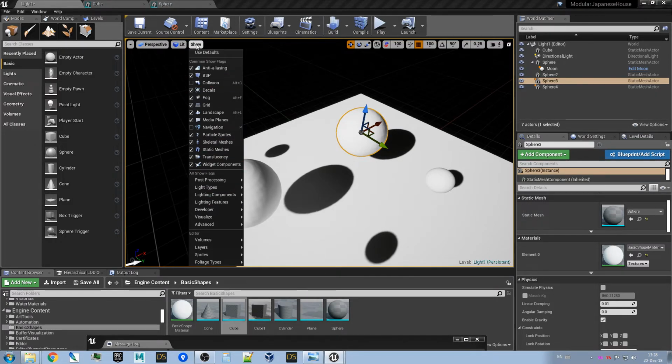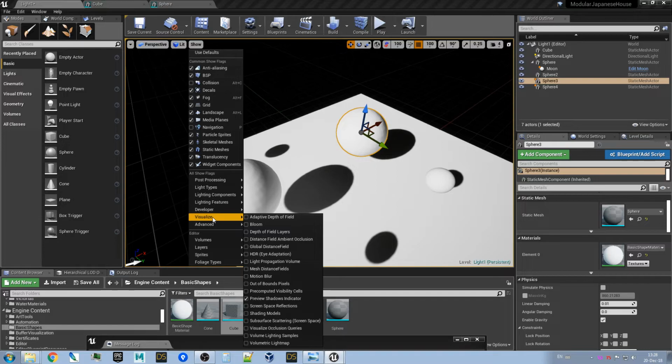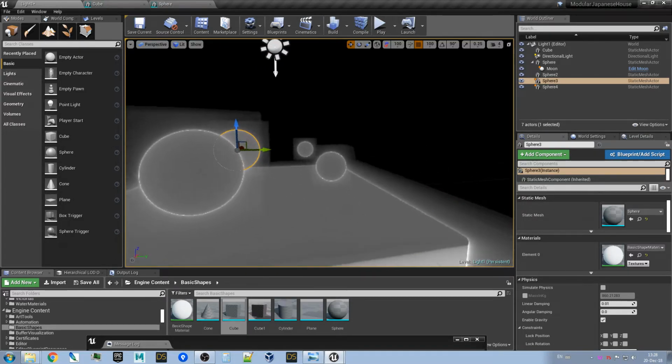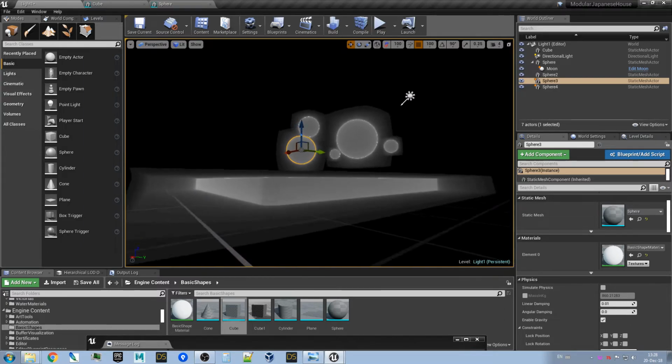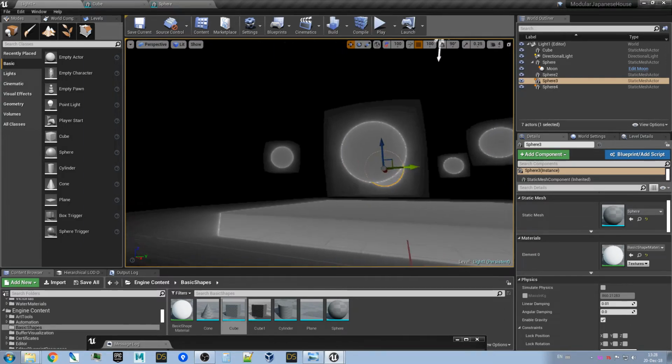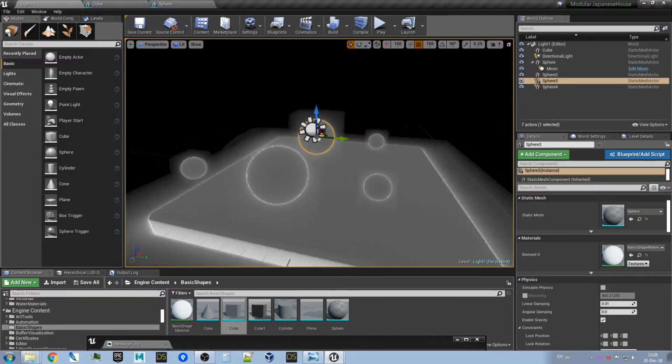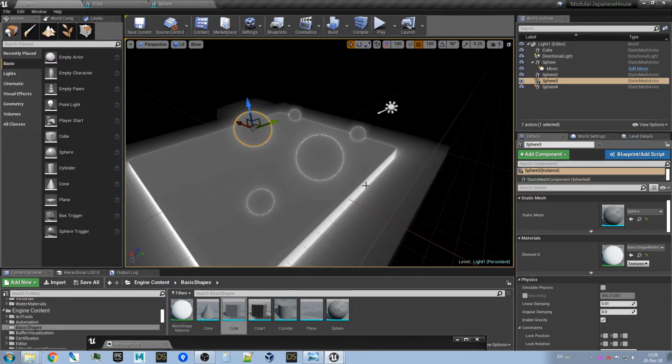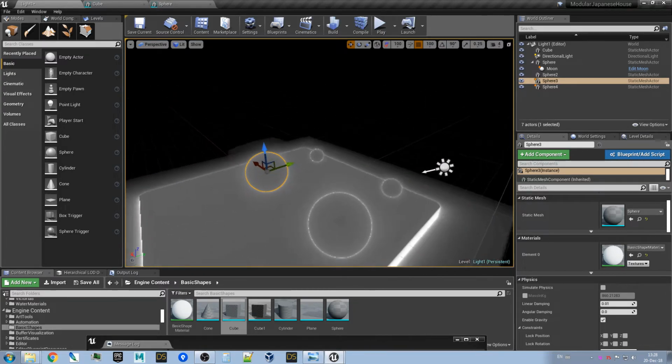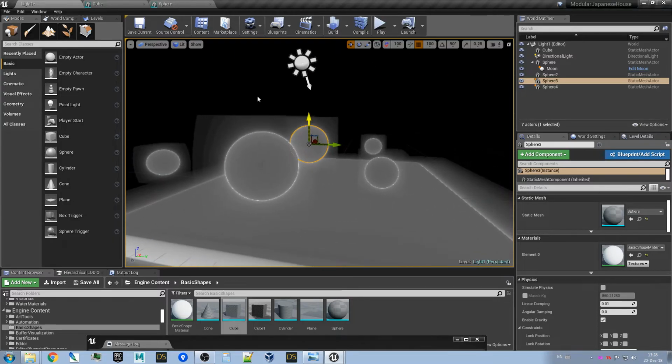You can see it again in the visualizer and mesh distance field. Those gray ticks that you see, those are distance fields, and those are used to calculate dynamic shadows quickly, and